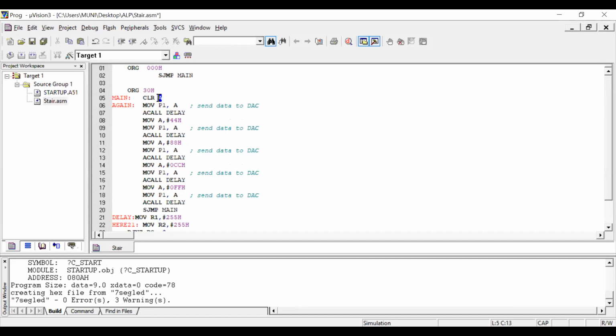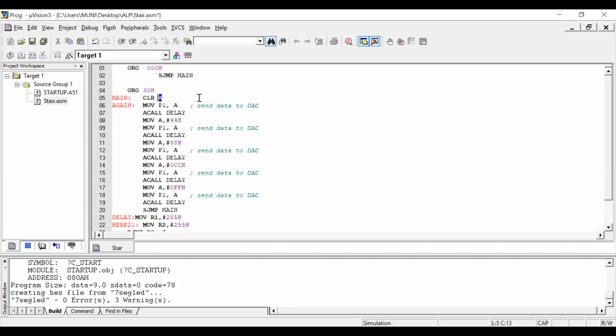First, the accumulator is initialized with 0. In this staircase, I'm going to give a few values: 0, next value is 44, next value is 88, next value is CC, next value is FF. So 5 values. I'm going to load those 5 values to port 1.